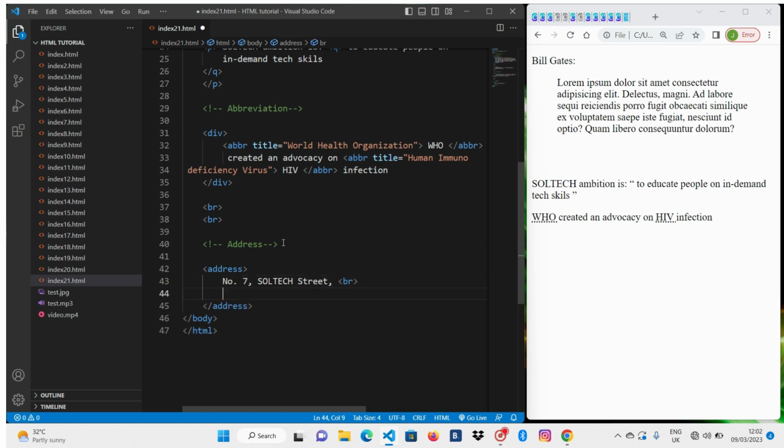This can be useful if you want to write an article on the web, and your article requires an address. So you see how the address is written on the browser. The address is written in some sort of slant and unique form. So number 7, SOLTECH Street,